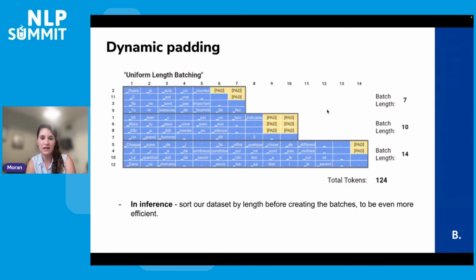For inference, we can sort the data by the length of the sentence, and then each batch will be optimized to be of the same length as the other sentences in the specific batch. Then we have a very low number of lengths for each batch. So we use it in inference. We sort the data. We don't do it in training because we want the batch to be diverse and to represent different kinds of length. That's why in training it's random. But in inference you can sort the data and then do the inference batch by batch.